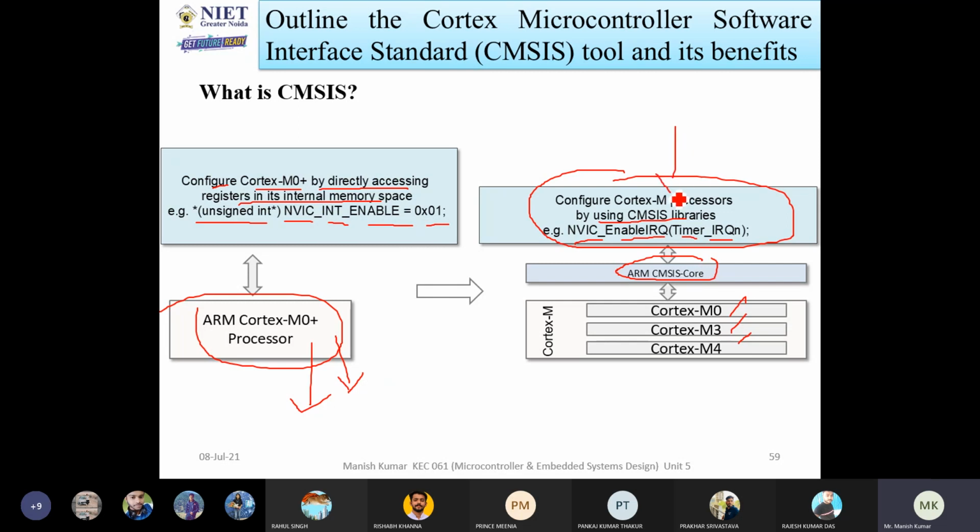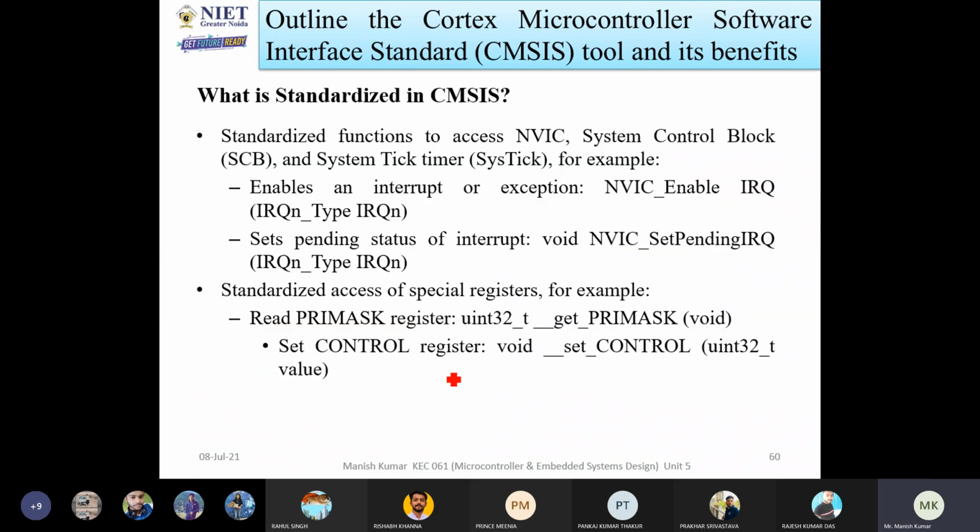Whatever library you are going to develop, you are developing it for the ARM Cortex M family, then this is valid for all Cortex-M0, Cortex-M3, Cortex-M4, like that. The same library can be utilized for different Cortex-M series processors. So this is the benefit of CMSIS.